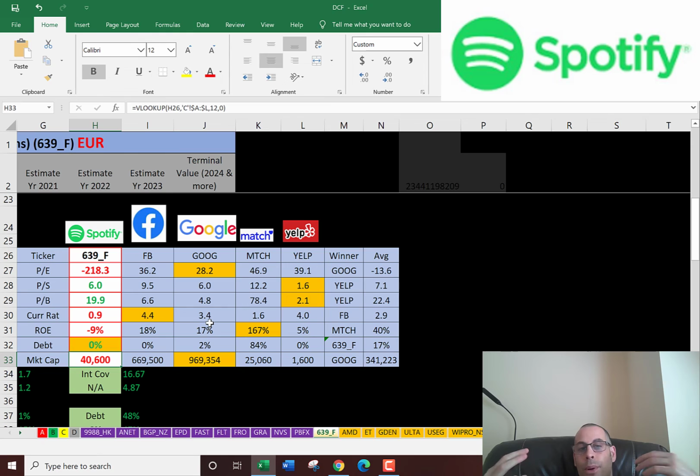So it could be a really great stock to own in the future. It's just hard to invest in a company unless they provided some returns and some profits. Although people make a lot of money investing in these companies, people making tons of money in Tesla, and they haven't really turned too much of a